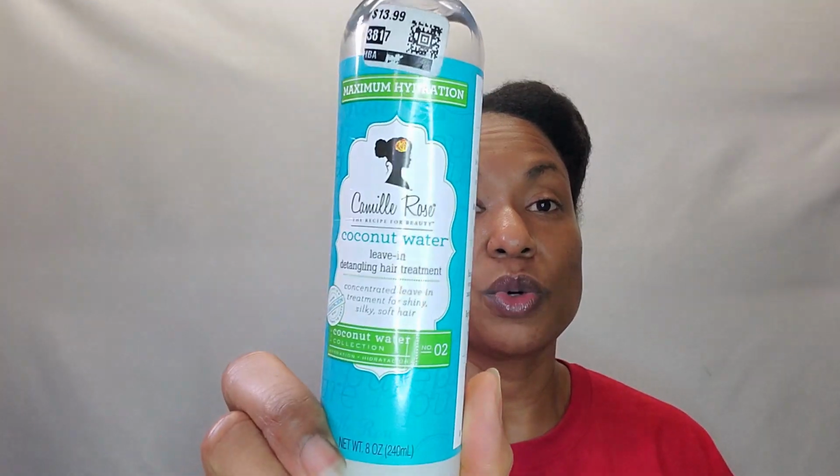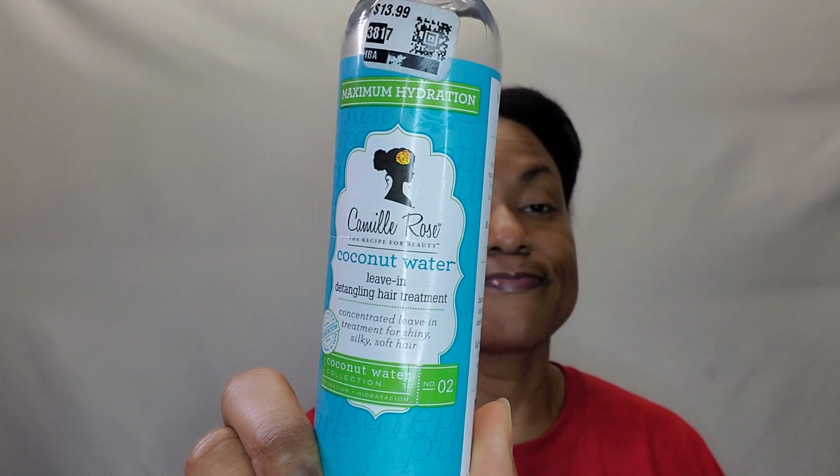So I have gone through and picked out a couple of products that I'm going to use for styling. I'm going to use the Coconut Water Leave-In Detangling Treatment by Camille Rose as a leave-in. I think you probably all know this one. This is from their coconut water line. Don't forget, the original brand is pink, and I actually started to use the Curl Love Moisture Milk, but I decided to go with this one because it is a bit more hydrating,